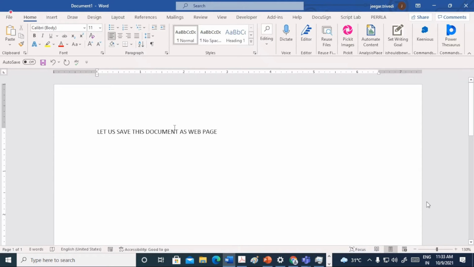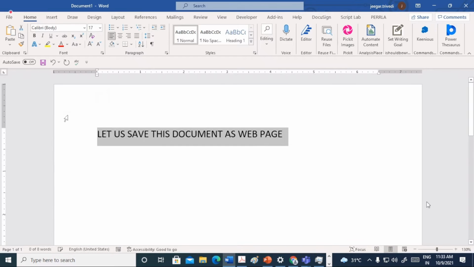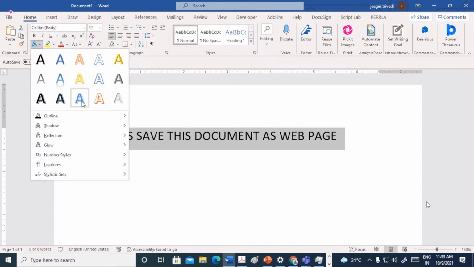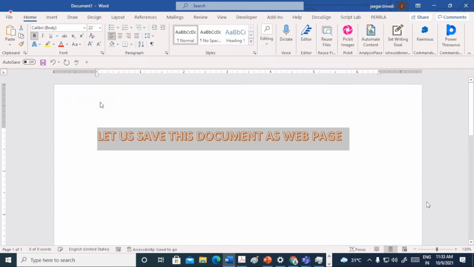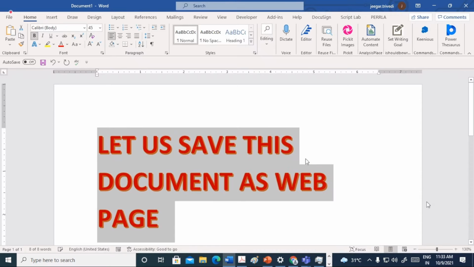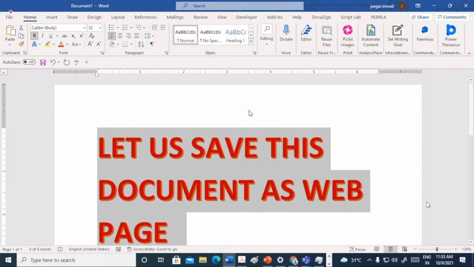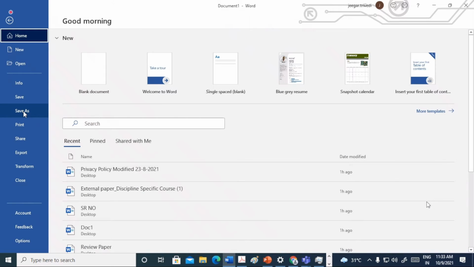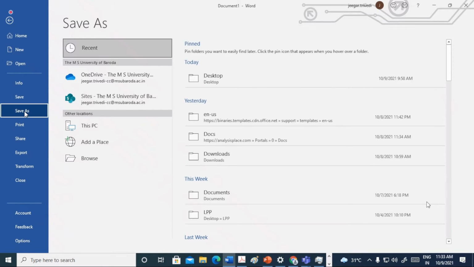Let us save this document as a web page. Also, you can have word arts, change the behavior, how it looks, increase the font size. What I'm going to do is go to save and use the Save As option.